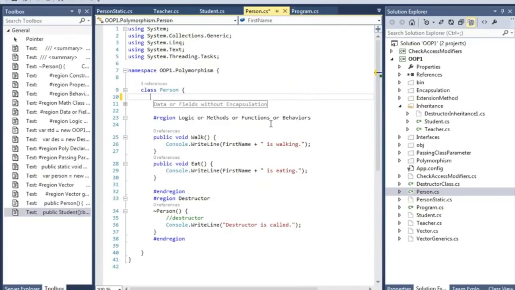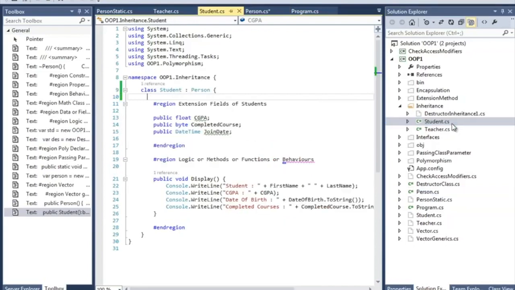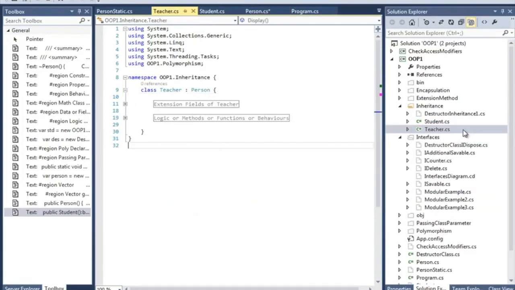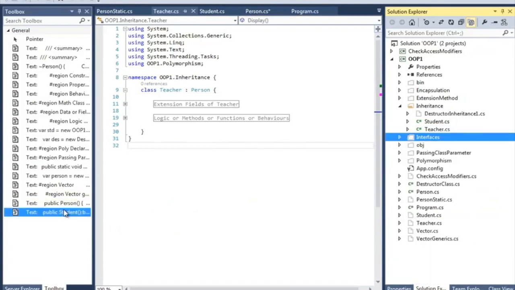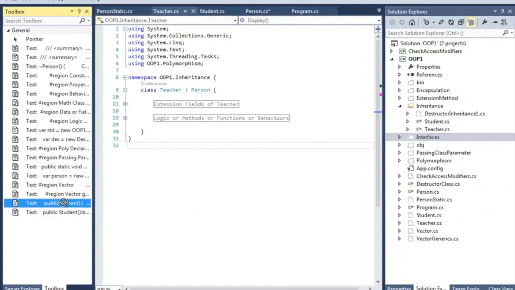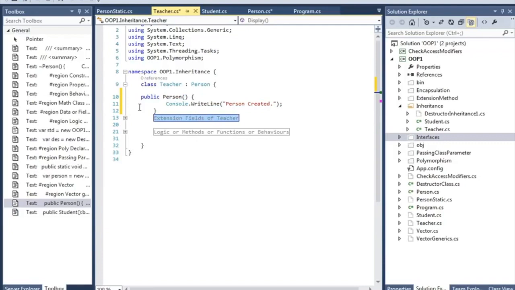We are here in Visual Studio with our person class, and we have inherited the student from the person class. Let's write a simple constructor in the person class that just displays that the person is created.